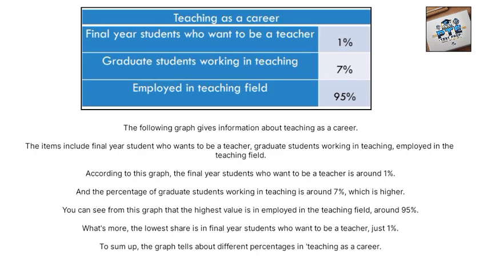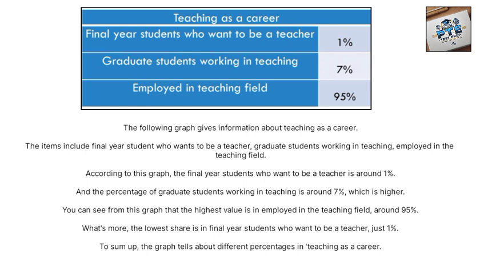The following graph gives information about teaching as a career. The items include final year student who wants to be a teacher, graduate students working in teaching, employed in the teaching field. According to this graph, the final year students who want to be a teacher is around 1%, and